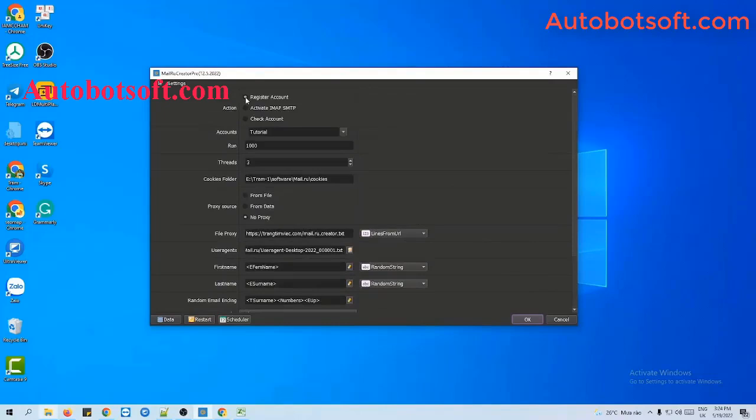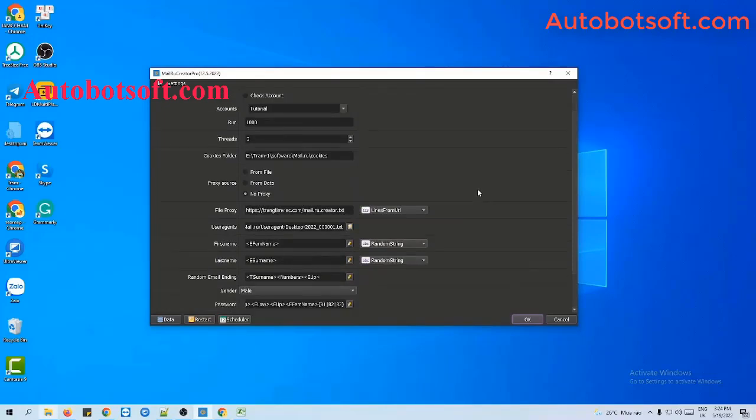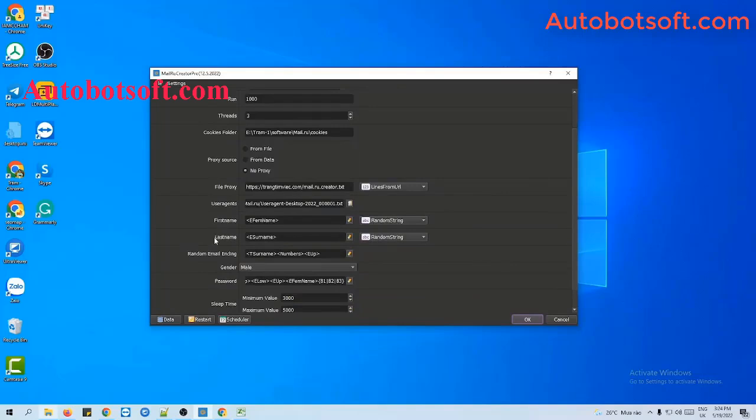Now we will run the register account function. At action, you will select register account. And at first name and last name sessions, there are 2 options for you. If you want the software to create mail.ru accounts with the default first name and last name, you select random string,